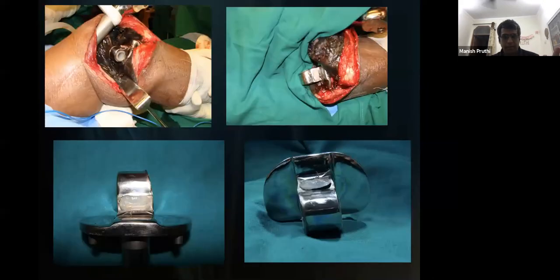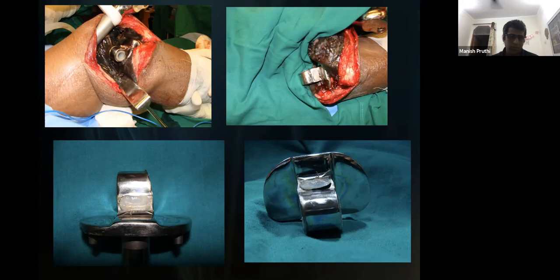This is another problem that we face, which is metallosis, which is very difficult to treat. As you can see, there is severe tissue blackening when we have to revise the prosthesis. You can see that the plastic component is worn off in the figures below. Even the metal is bent or eroded because of continuous varus valgus instability and severe metallosis. So we need to revise these prostheses. We need to remove the metallosis, but it is very difficult to take it out because of the risk of injury to the neurovascular bundle. This is another major problem that we sometimes face more or less in the Indian designs, not with the imported prostheses.